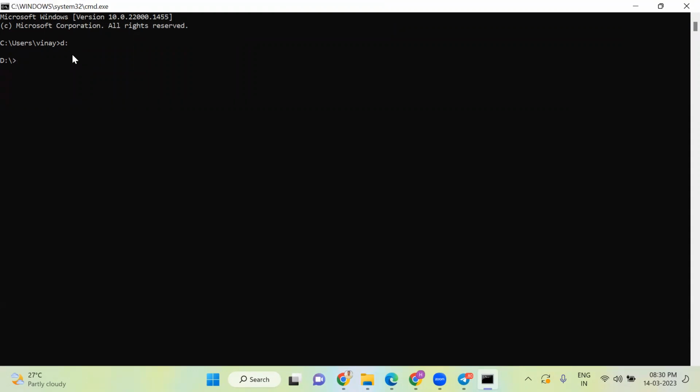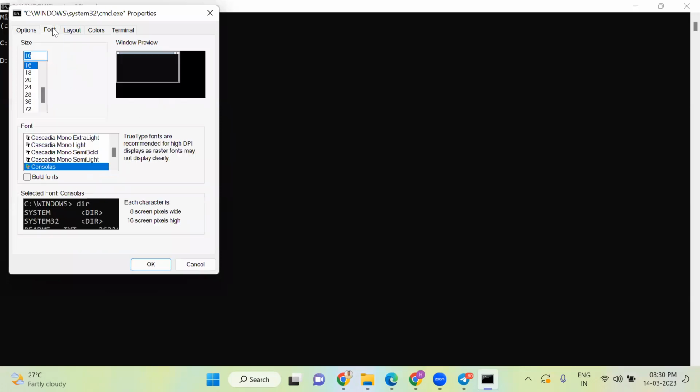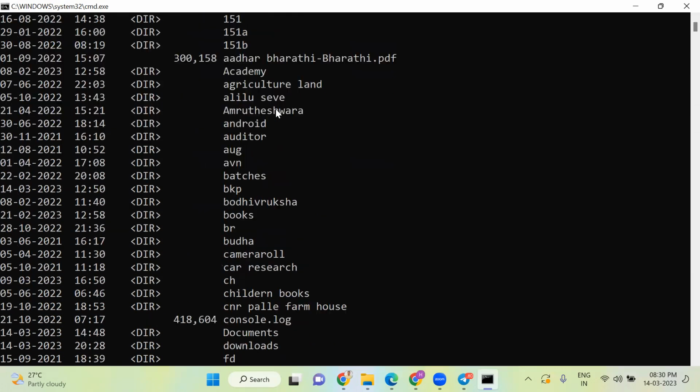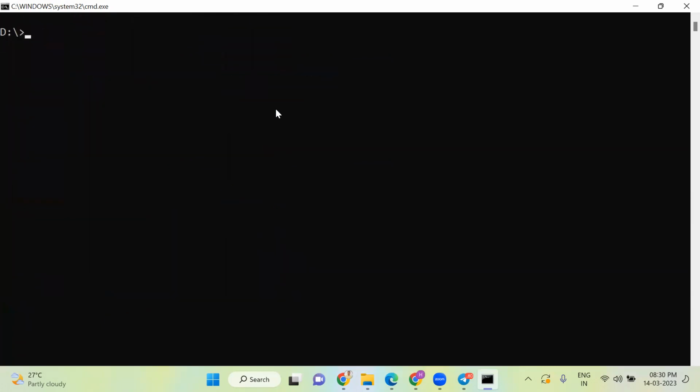Let me increase the font size so that you can see better. Here, if you do DIR, you can see all the files and folders that you have. CLS is for clearing the command. I'll create a directory, mkdir, and I'll call it Hori 2023, or I'll simply call it 23. So that's your batch name. I go inside that using cd and that folder name.